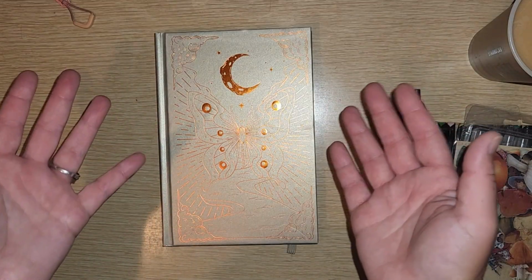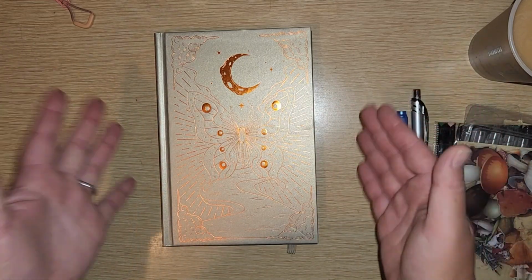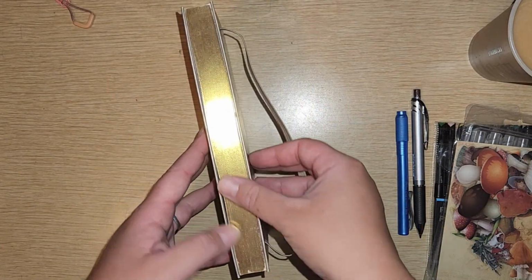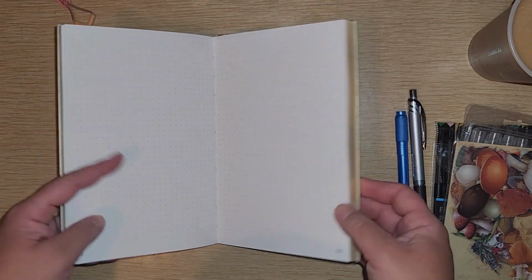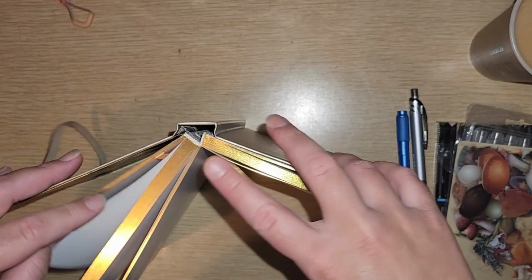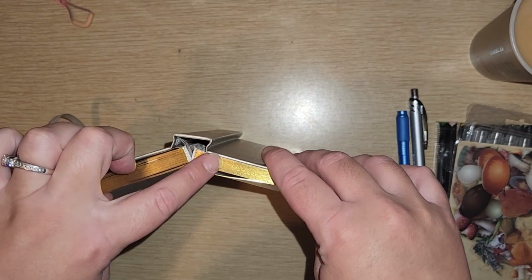It is like a hardcover, like a hard book cover. Like, that is me tapping on the hardness of the cover page and everything. But this is going to be our new bullet journal for 2025, 2026, as many months as I can fit into here. And I am going to be experimenting again with some setups and stuff, because this notebook is a little bit cheaper than the ones